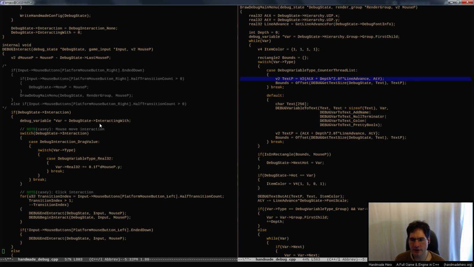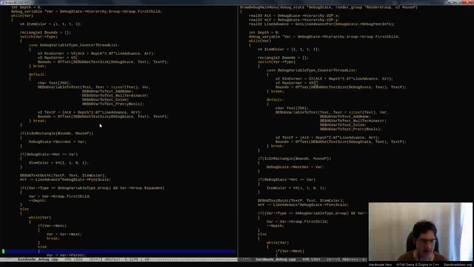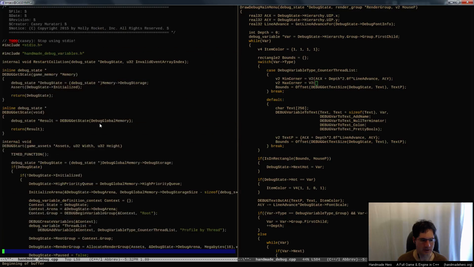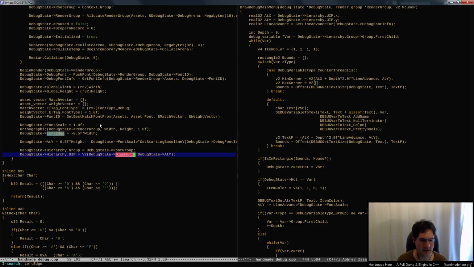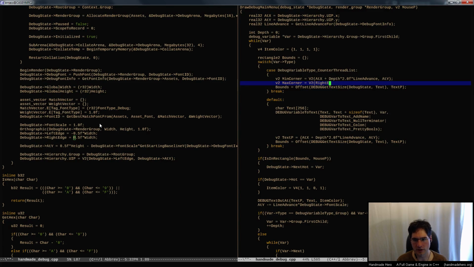So what we would want to do here is say, okay, this is the min corner, right? And the max corner is going to be whatever the right edge of the screen is, which I don't actually know at the moment, because I don't think we ever define a right edge. So I'll just go ahead and define one here. So we'll have a right edge like that. So it'll go over to the right edge and we'll just do however big we want these guys to be,